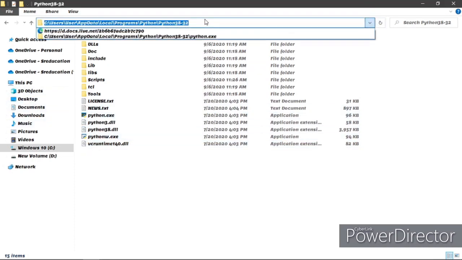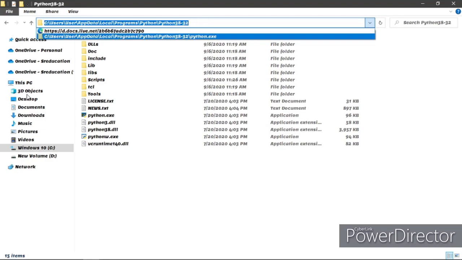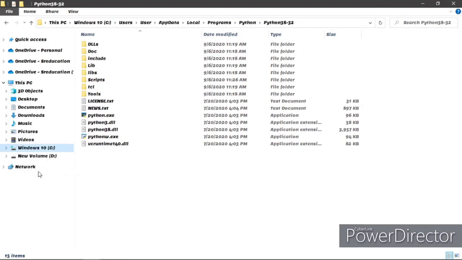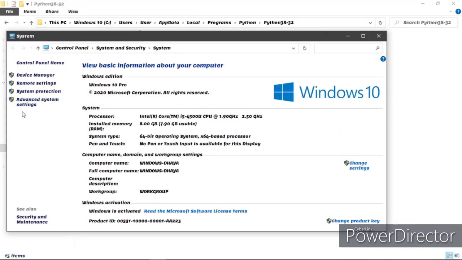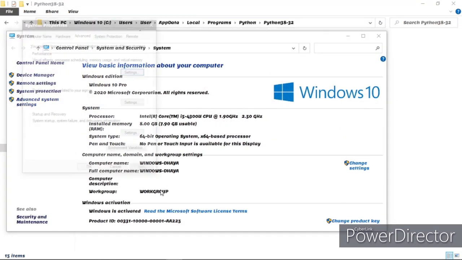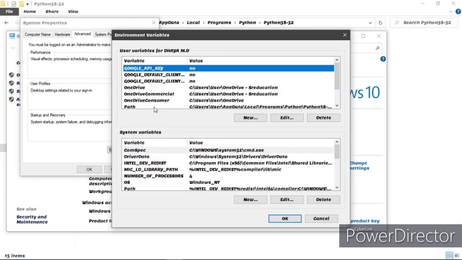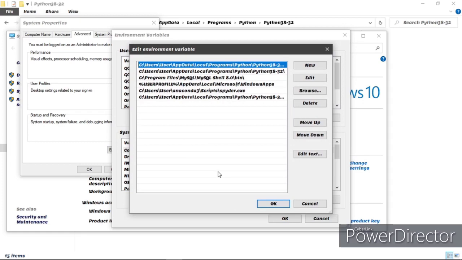Now copy the path where python.exe is. As we already added the path of Python when we installed the setup, I told you to tick a box where it is written add Python to path. So that only has added these paths.